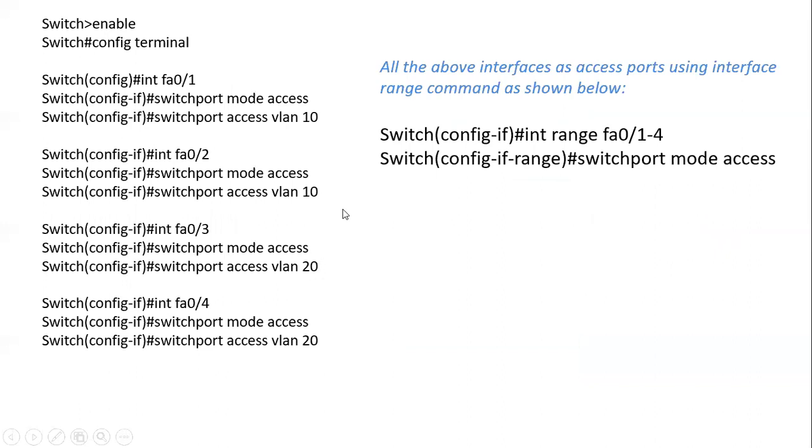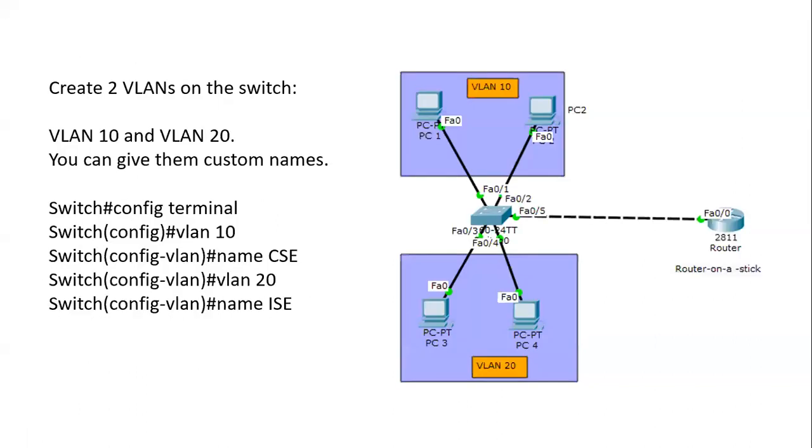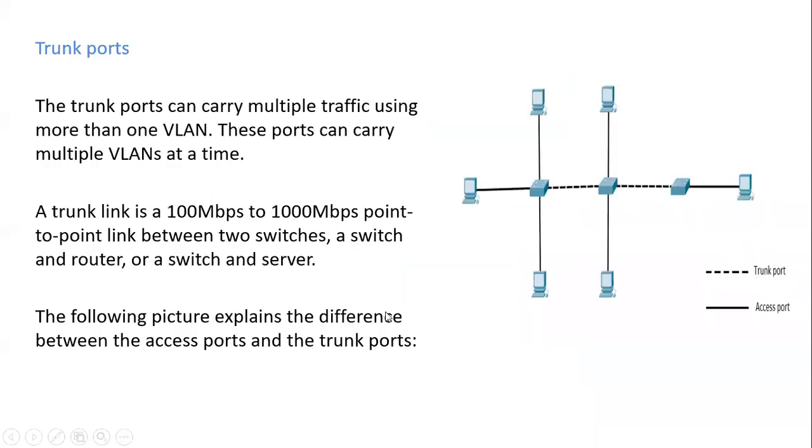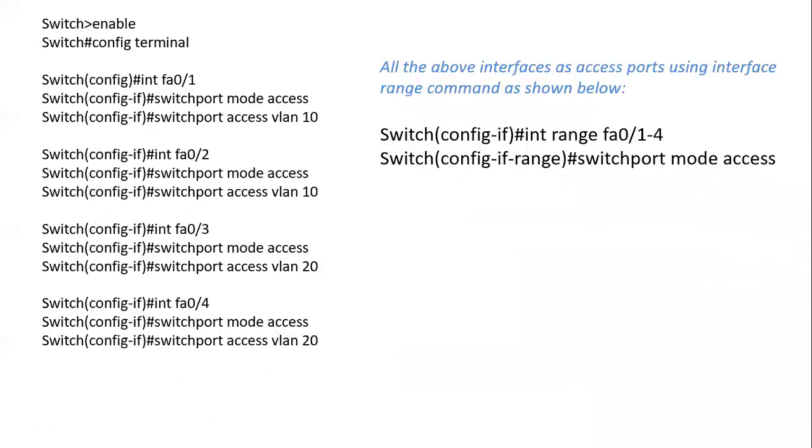Now, how do we configure all these links as a VLAN? There are multiple links. How does the switch know that this link belongs to VLAN 10 and this one to VLAN 20? So you have to go to the command line and configure that. First find out which interface it is. If it is FA01 and FA02, then you have to give the command that it is VLAN 10.